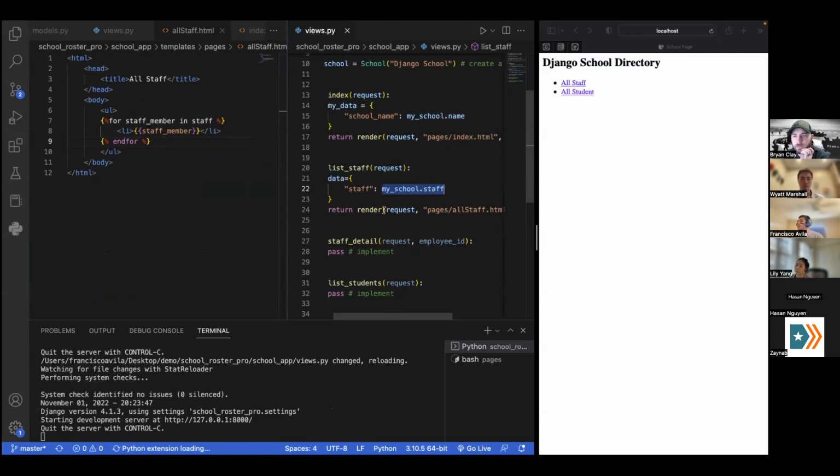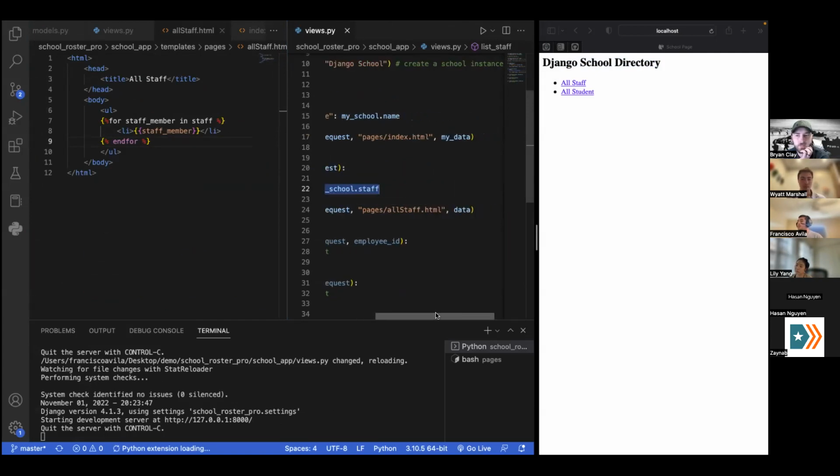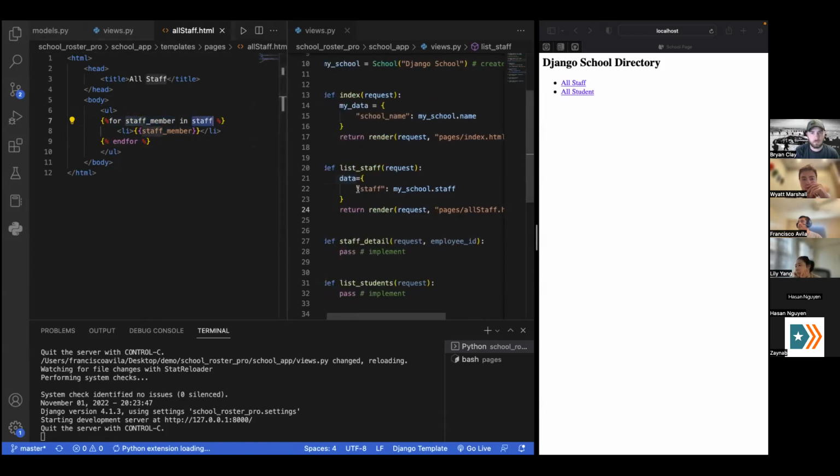Then upon request, I want it to render, inside of pages, my all staff.html, and I pass into that template the data, the dictionary. Now in here I'm creating a for loop, and this staff member is technically just a variable. It doesn't mean anything, right? I'm creating it myself. So I'm saying for staff member in staff, and staff is the key that we used here